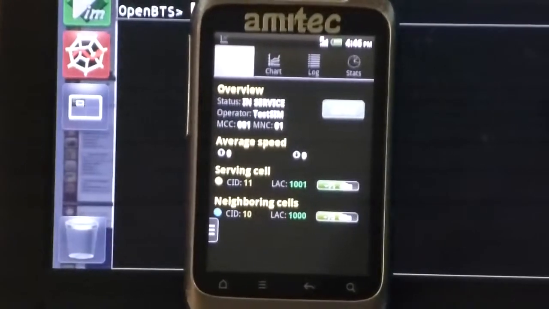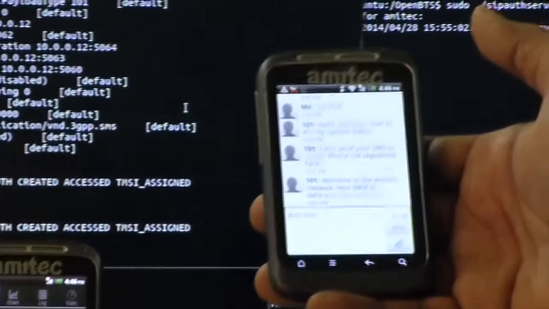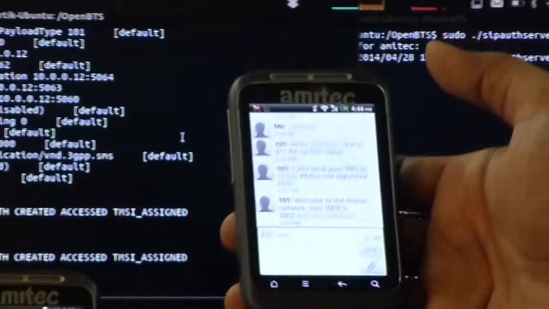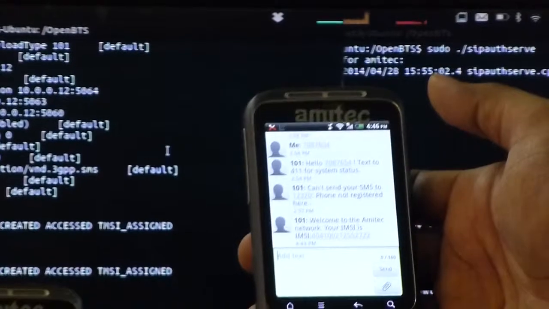Similarly, when we register on this mobile station network, we can assign a 7-digit to 10-digit mobile phone number, whichever number we choose, to this mobile phone, corresponding to this IMSI number.